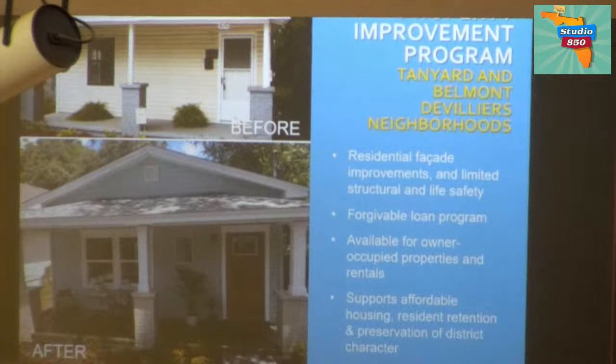Let's see here. But yeah, so I work with the Emerald Coast Regional Council, and one of my tasks is to administer this program. So the Pensacola CRA Residential Property Improvement Program was established and designed to accomplish several things: to support blight removal by encouraging reinvestment in deteriorating housing infrastructure, to revitalize some of our great historic neighborhoods, to preserve affordability for residents in those neighborhoods, and to preserve the tax base within the designated community redevelopment areas